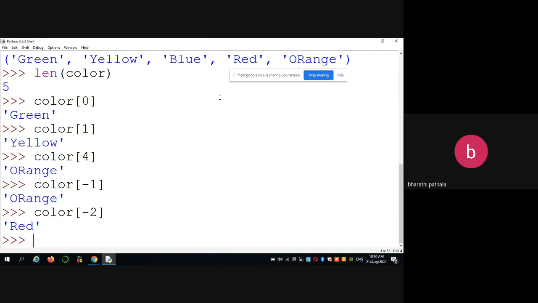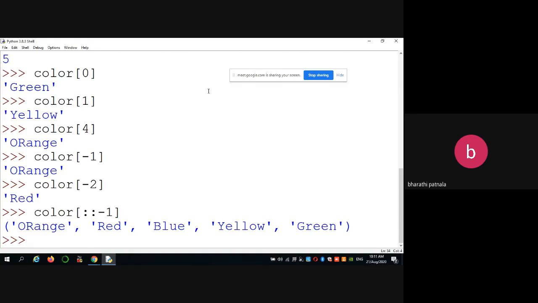Similarly, you have color with colon -1. As I already told, the reverse of any data structure you can represent like this.